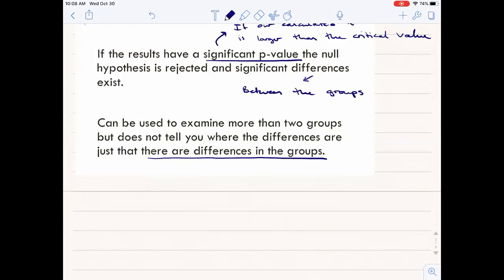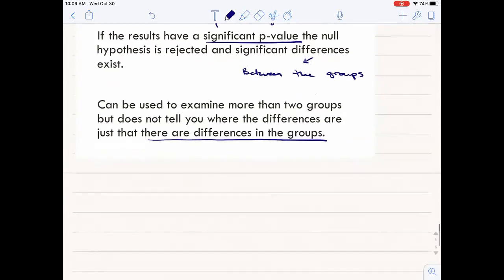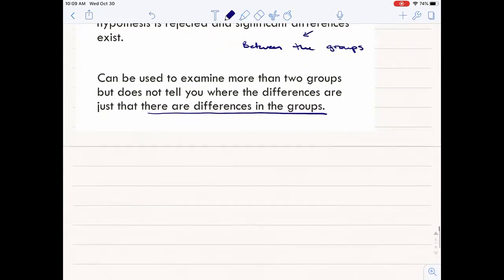If it tells you, well, actually one of these is not like the other, then you have to go in and there's other tests that you can do, kind of pairwise comparisons usually, right? And so it can be used to examine more than two groups, but does not tell you where the differences are, right? And so that would need to be done